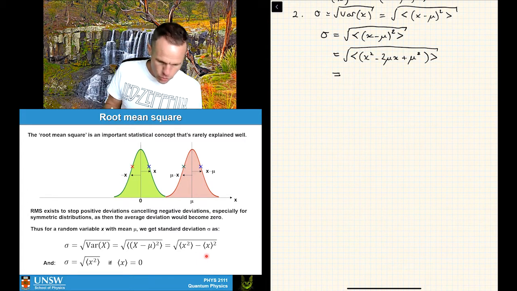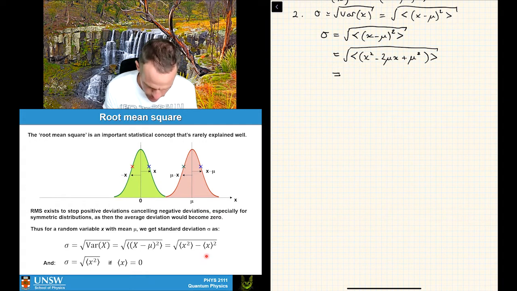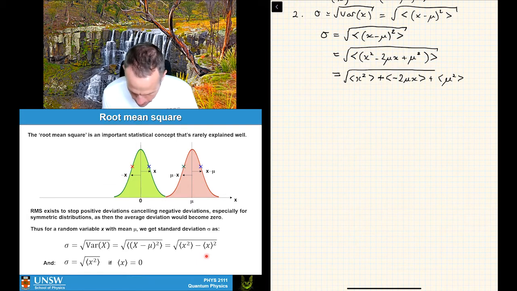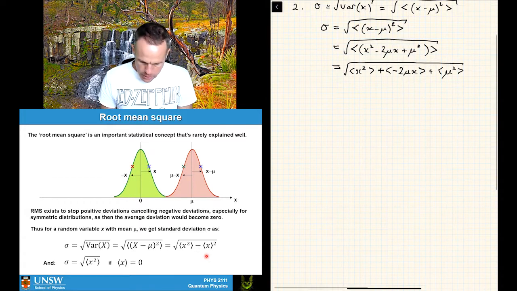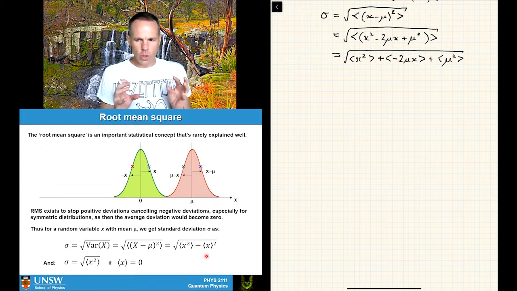Okay, if you don't trust me on that one, I'll let you check it yourself because it's actually a fairly quick thing to do. So this will be the square root of the average of x squared, plus the average of minus 2 mu x, plus the average of mu squared in here. Okay, so at this point, what we can do is use the fact that we know that mu